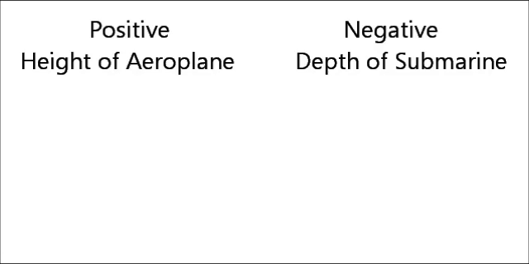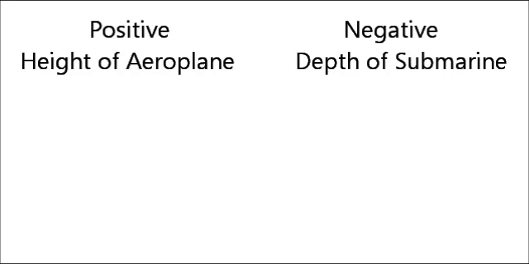Hello everyone. In our last videos, we saw what integers are and we also saw a few examples in our day-to-day life where we are using integers. Now we'll extend that list and talk about a few more that will help us solve many integer problems. When we talk about an aeroplane which is flying above ground, the height of the aeroplane we take as positive, while when we are talking about a submarine which is going below sea, then we'll talk about